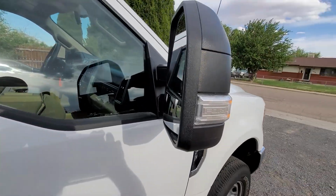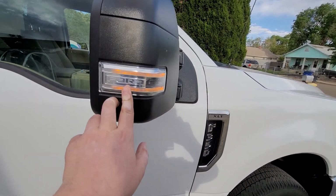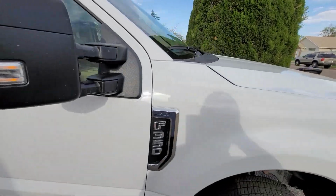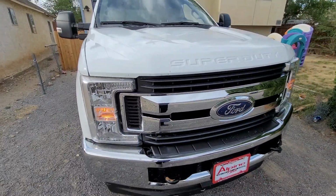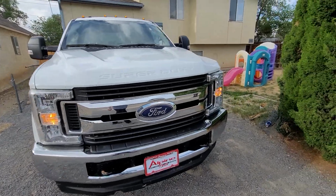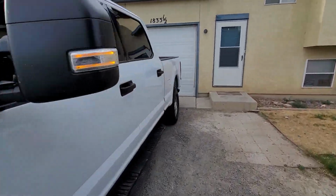Turn signals. When I have the turn signals on, they flash up here, but they're just kind of steady on for daytime running. I thought the headlights would come on, but there's the running lights at least. So yeah,